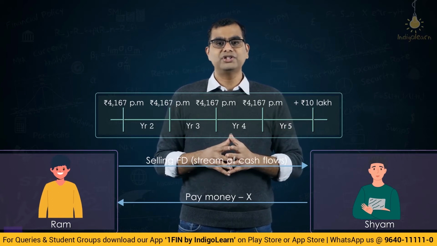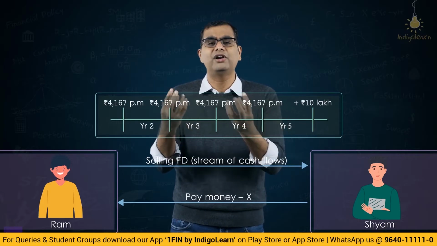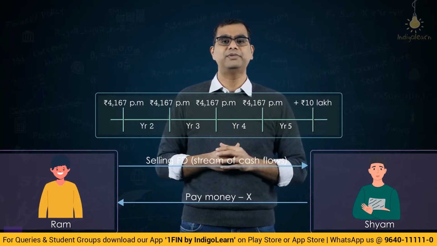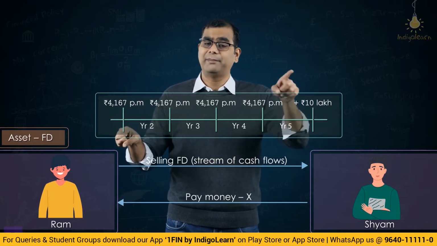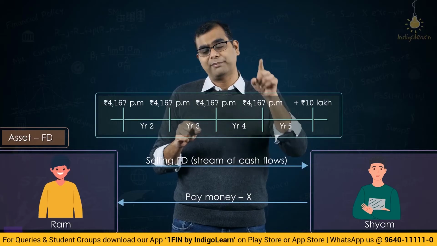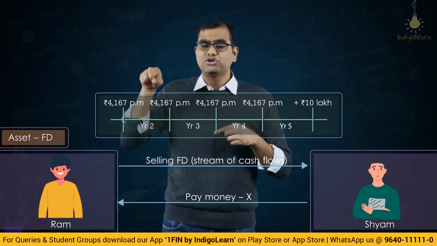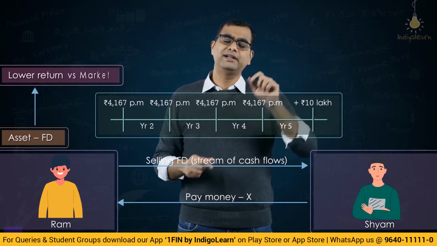Right, which is being computed at a very low value, where you are getting a return of only 5%, whereas the market return is 10%. So you have an asset. Fixed deposit is your asset. For a bank, it is a liability. Please note, when you put a fixed deposit in a bank, for the bank it is a liability, for you it is an asset. So you have an asset that is giving you a lower return, whereas the market return is high.